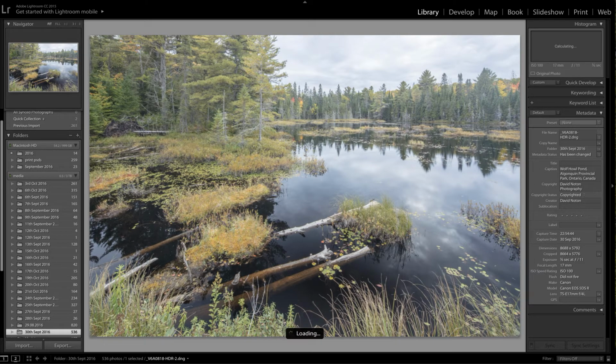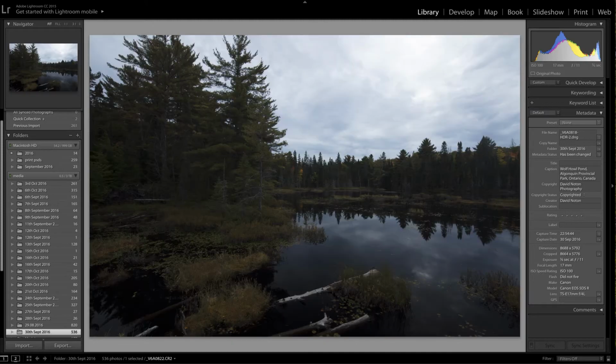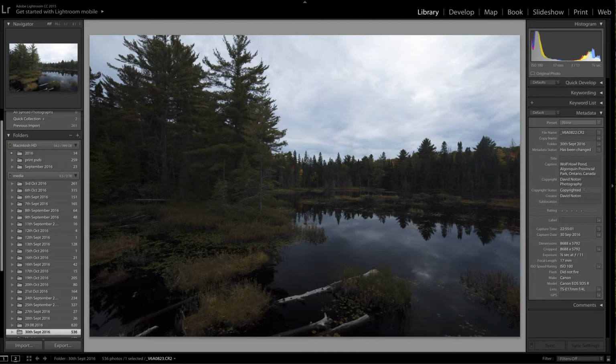Does take a while with these big images. So there's the merged image. It does look too bright and pretty gutless, but nevertheless it's got all the information there I need. So now I'm going to move on to the next set of 4, the middle 4 images, and if I select them,